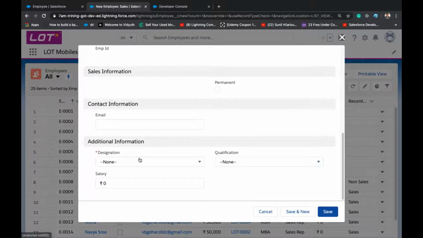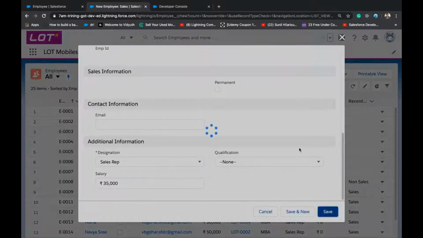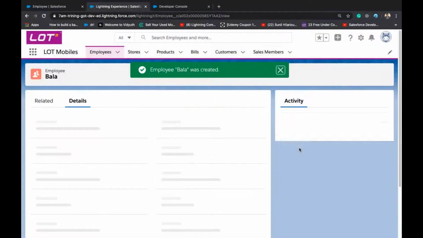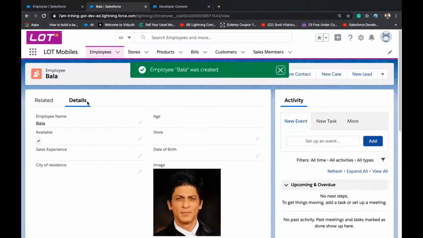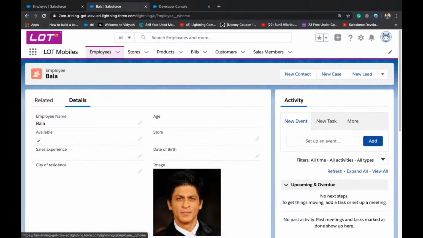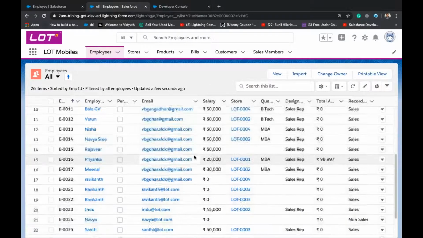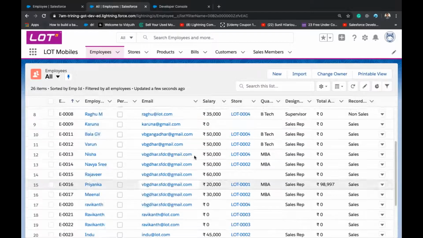So I just want to create a new record with a blank email. Now blank email, and yeah, this record is created.